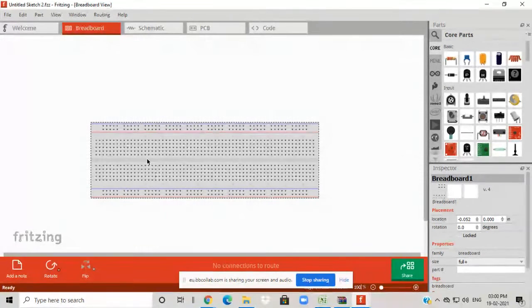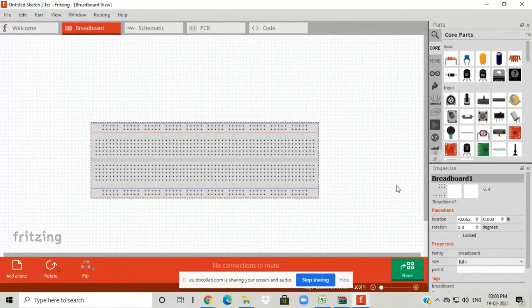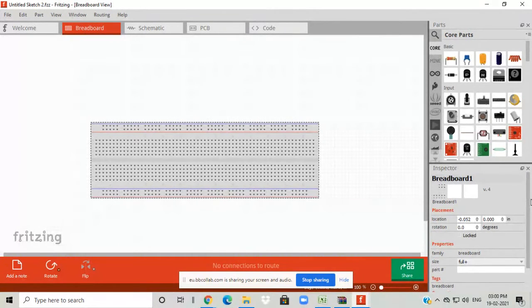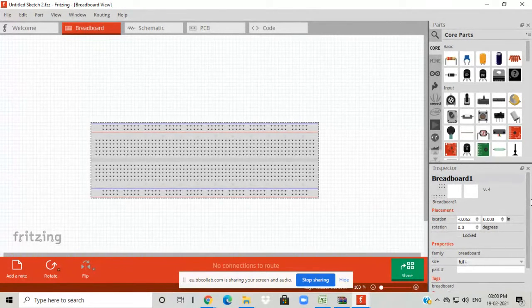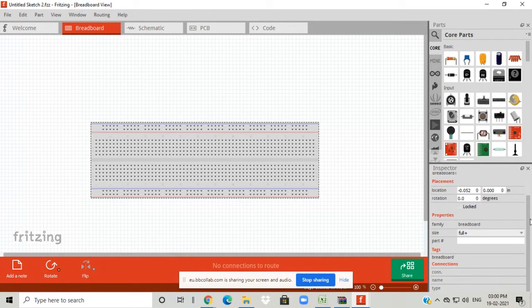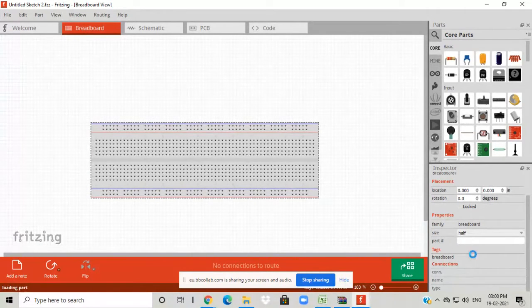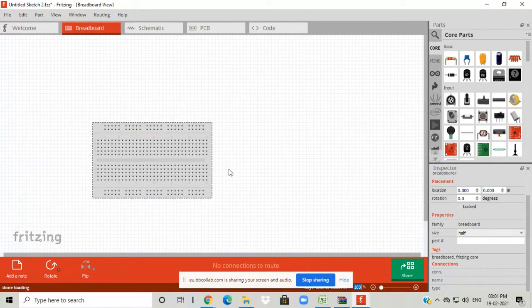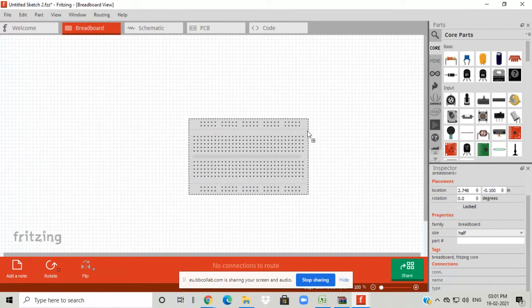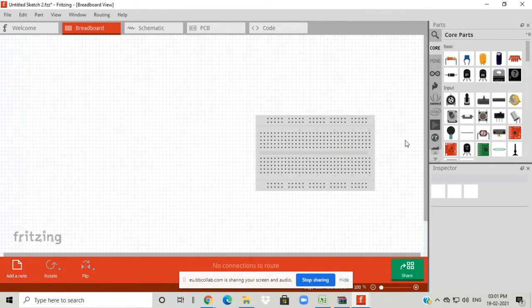Okay. So in the right, first core parts is there, and below core parts we have the properties of the component which is on the screen. For example, it is a breadboard, so it shows the properties of the breadboard. I didn't need that big a breadboard, so I made it half, as per our requirement.